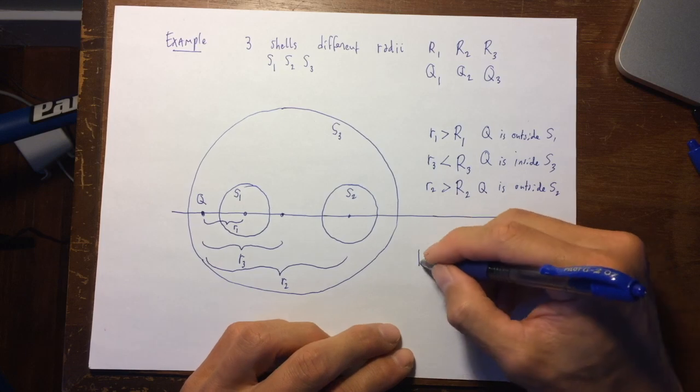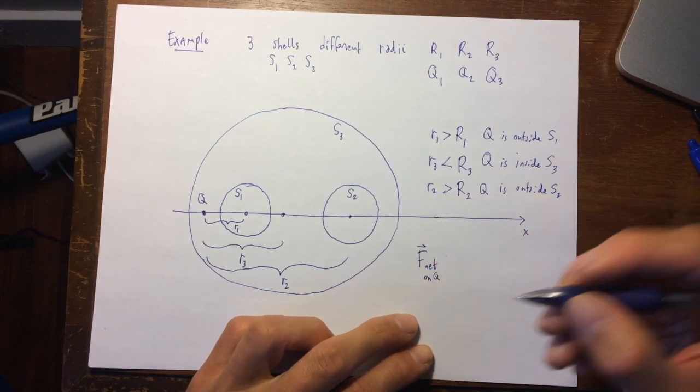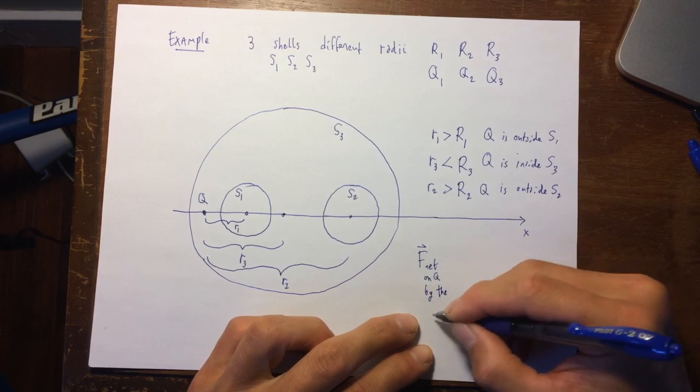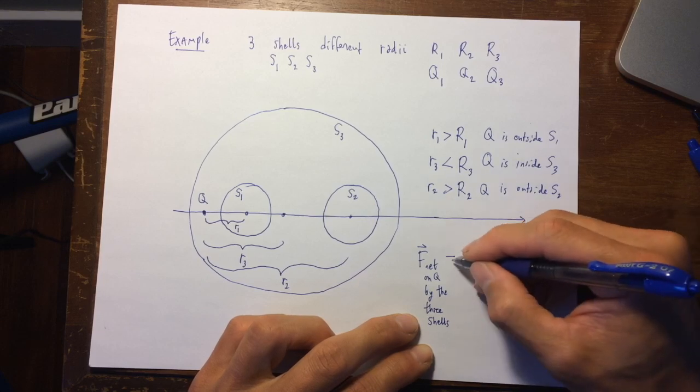And so if I want to know what is the net force acting on Q by the 3 shells,